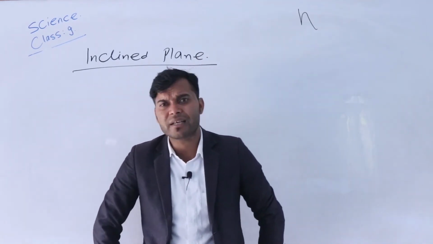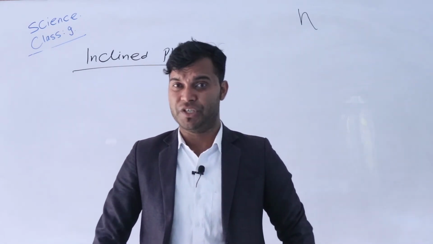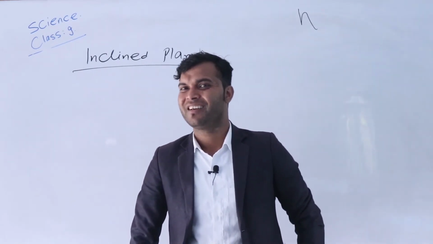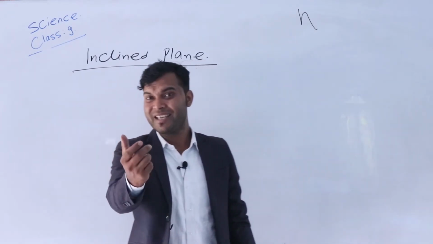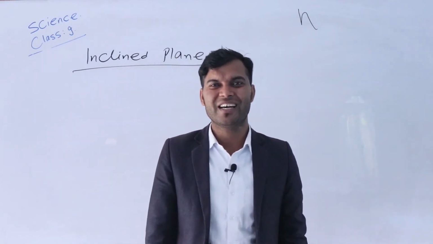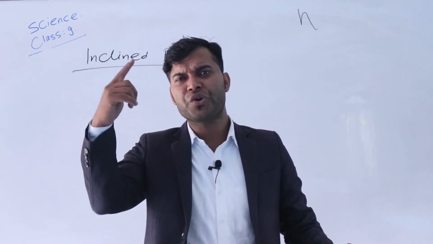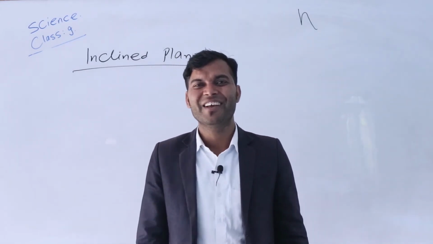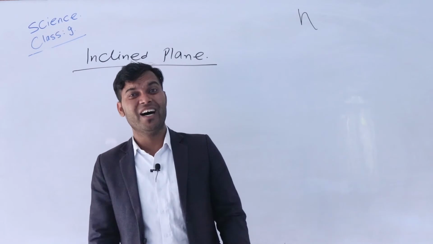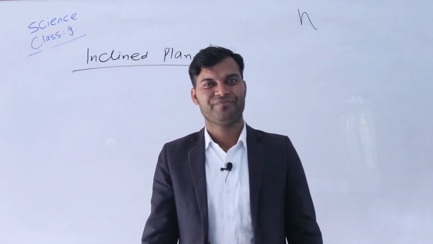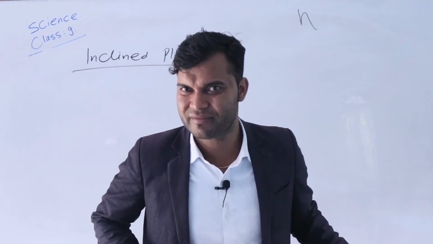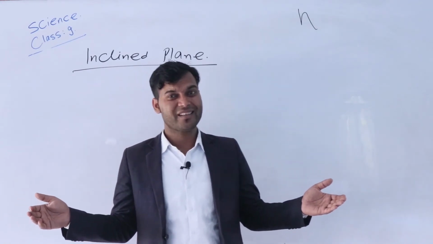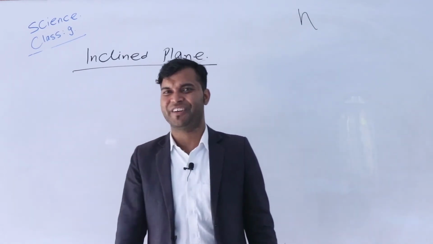In your previous classes 6, 7, 8, one question was asked: why are mountain roads made longer? To pick up a large load by applying less effort, isn't it? In your previous class, you already discussed this. Mountain roads हरूलाई लामो बनाइन्छ. लामो बनाइन्छ भन्नुको मतलब inclined plane जस्तो बनाइन्छ. Inclined plane means the plane which makes a certain angle with a horizontal. Why are mountain roads made longer? To pick up a large load by applying less effort, isn't it?